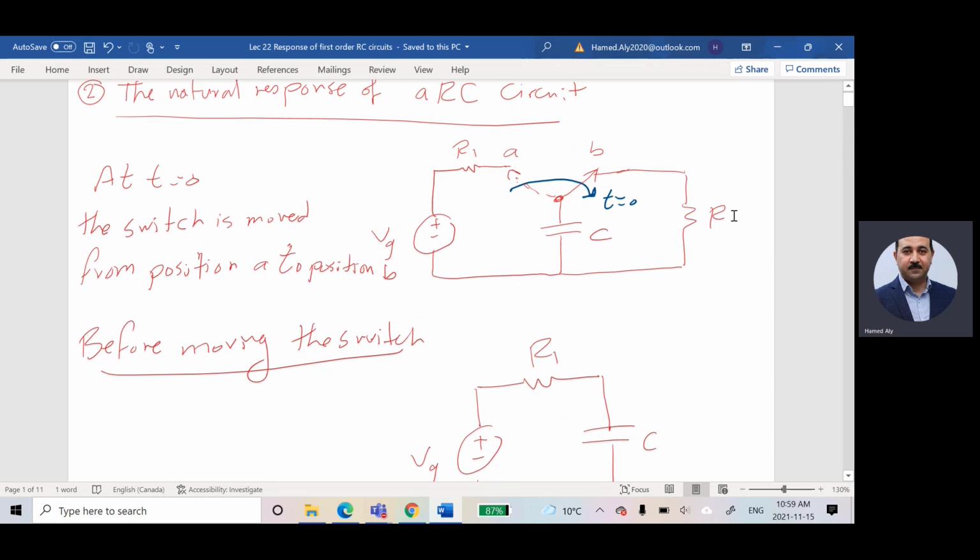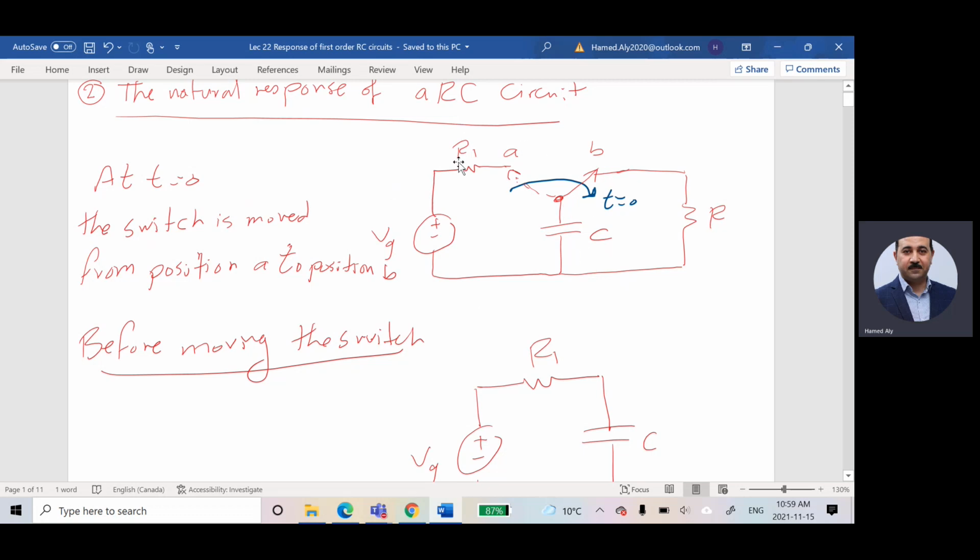I have R and C. And I have another R here, which is R1. And I have a battery here, VG. Imagine that this switch was closed for a long period of time, and there was no closed switch here. This guy was opened. So during that time, I don't have this part, but I have only this part of